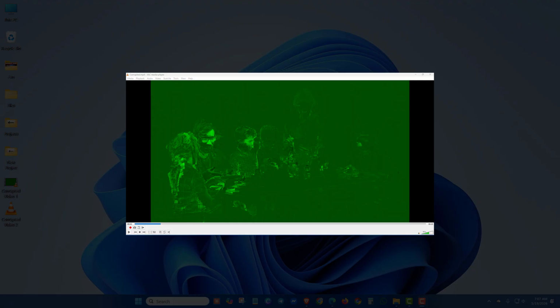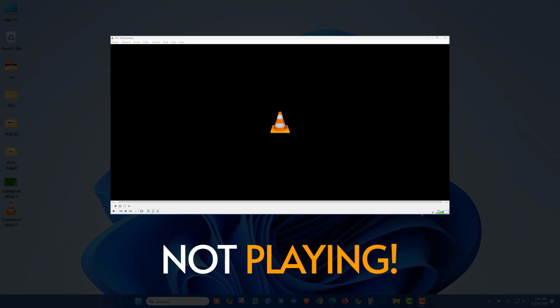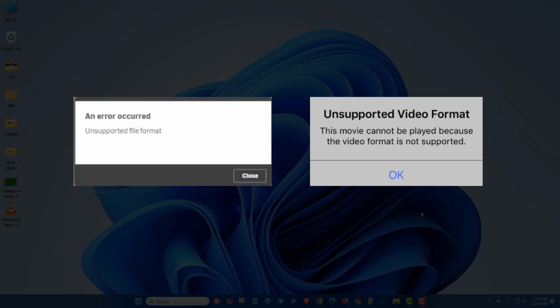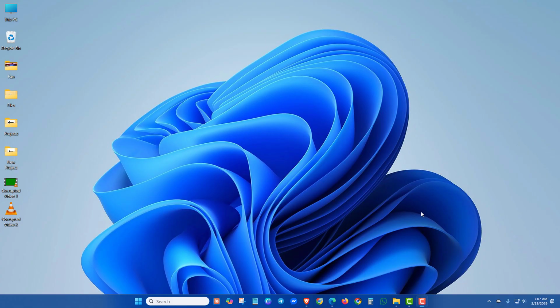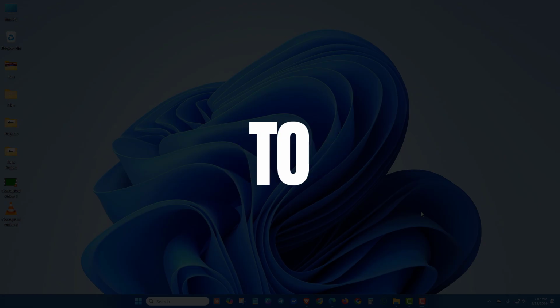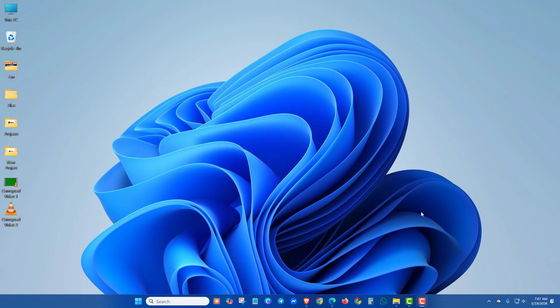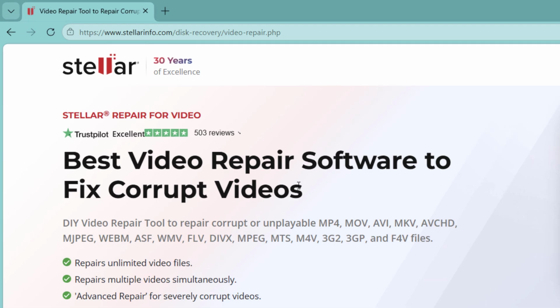Is your video file corrupted, not playing, freezing, no audio or showing errors? Maybe your camera stopped recording suddenly, phone crashed, storage corruption, or a file got damaged during transfer. In this video, I'll show you how to repair corrupted video files step by step using Stellar Repair for Video